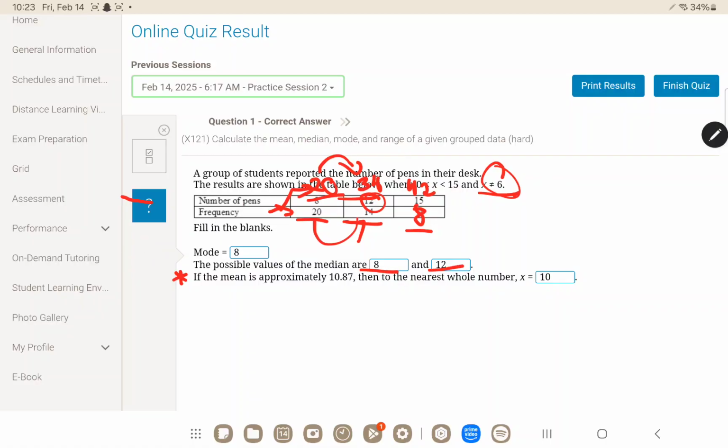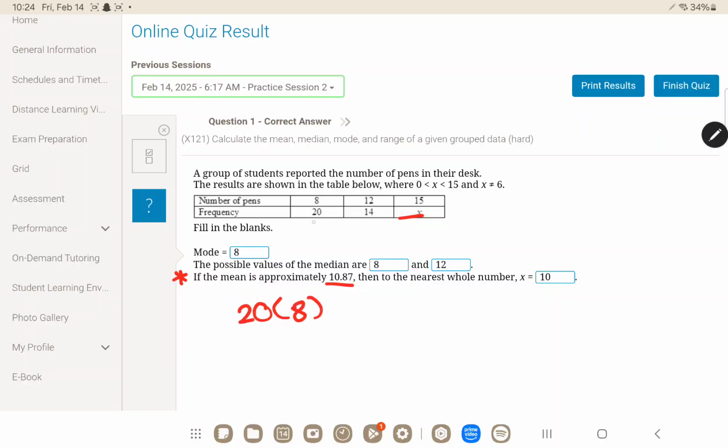Now, here they want you to calculate the mean. Mean means average. You need to find the average. How do you do that? If the mean is 10.87, find the nearest whole number x is. Here we're not finding the mean, they gave us the mean. We know the mean is 20 times 8, plus 14 times 12, plus x times 15, so 15x, over